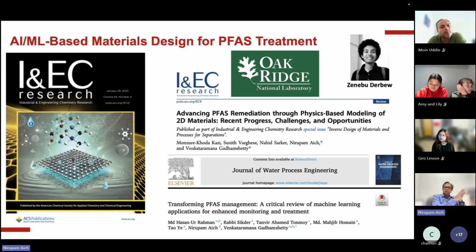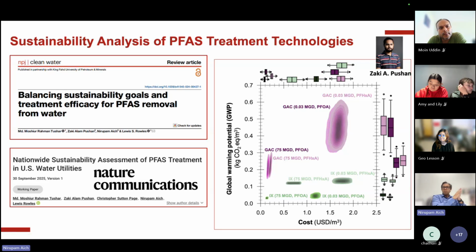One of the other things that we are looking at is not only lab scale systems, but large scale systems of PFAS treatment, like we talked about activated carbon, ion exchange resins, then reverse osmosis. Depending on your utility size, like water treatment facility size, how much population you have in a city, how much water you need, and what type of water quality you have, the cost of PFAS treatment may change.